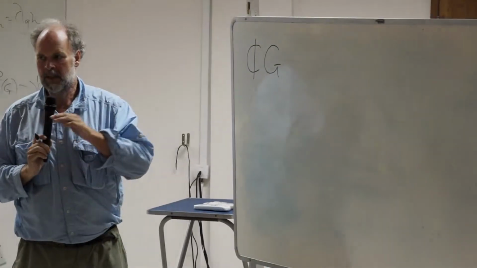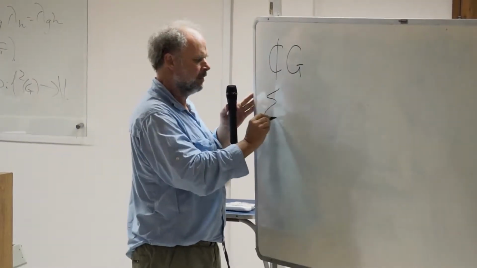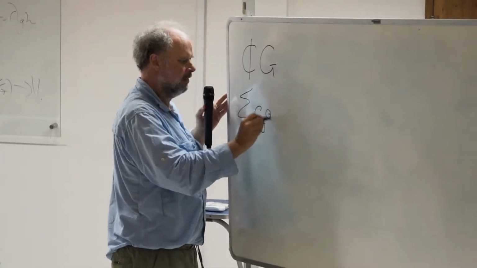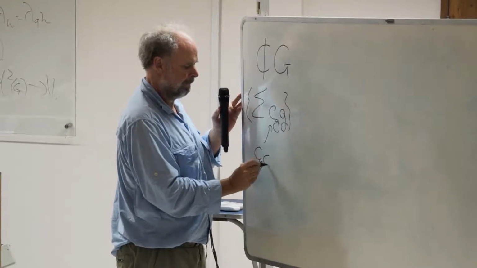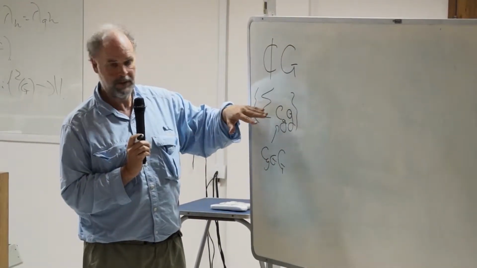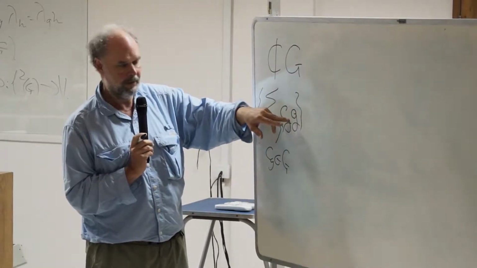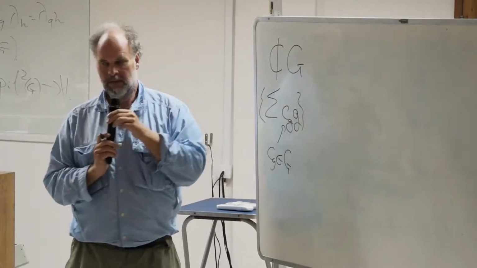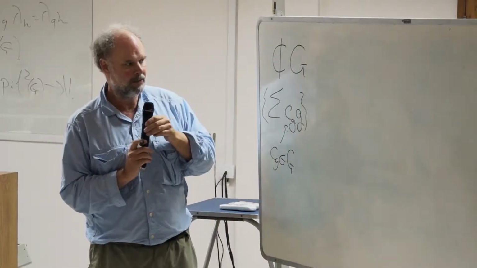So the group algebra is nothing but the algebra of formal linear combinations. So these are things sigma c_g g, where these are scalars. And these linear combinations are to be added in the obvious way and multiplied just according to the group multiplication of G. And every time you have a representation of G, you have a representation of the group algebra.